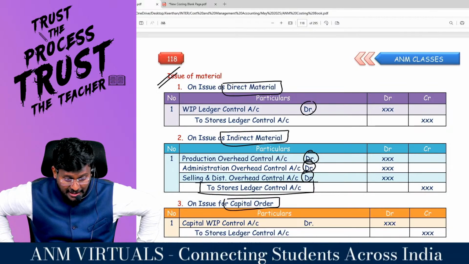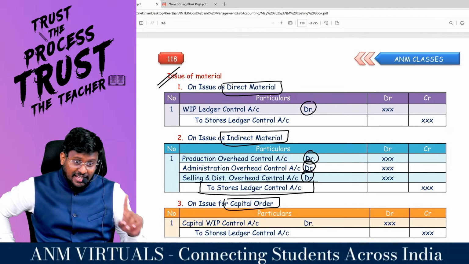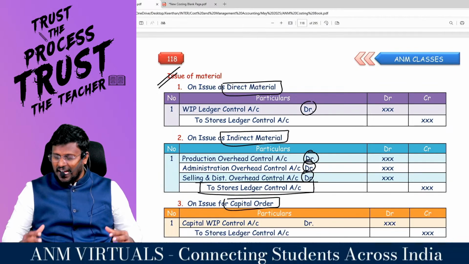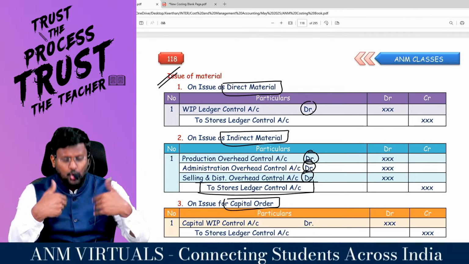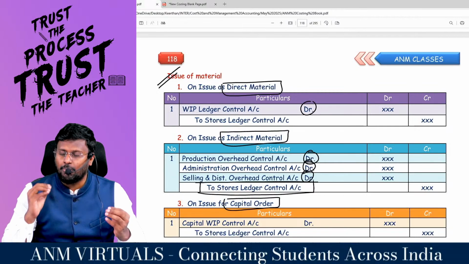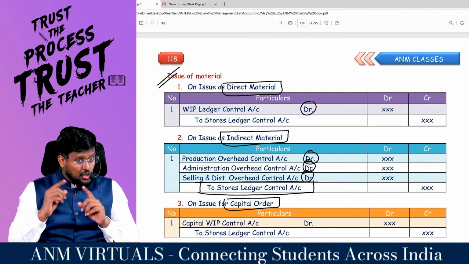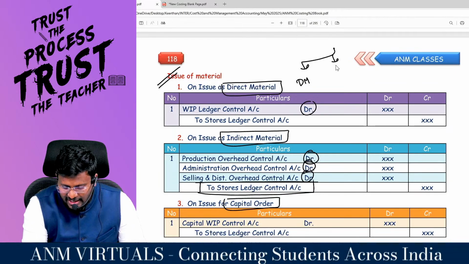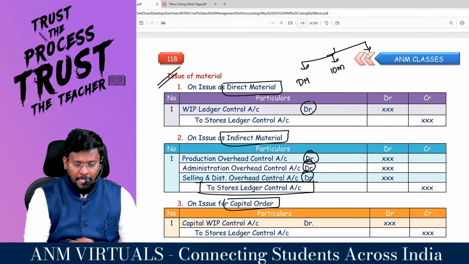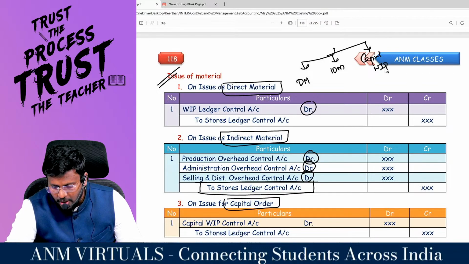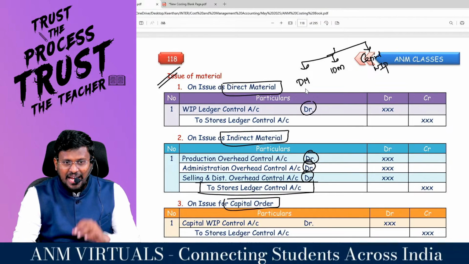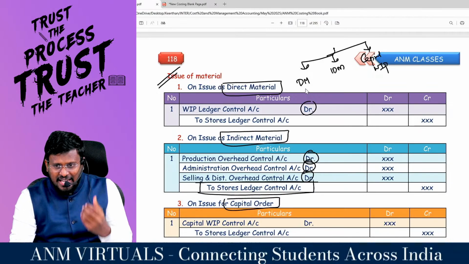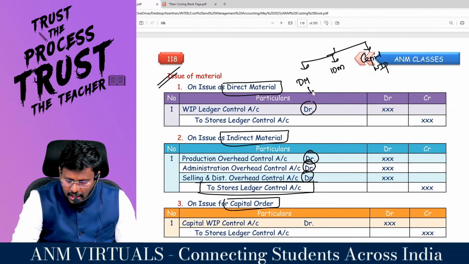இப்ப ஸ்டோர்ஸை பிக்சரைஸ் பண்ணு. ஸ்டோர்ஸுக்குள்ள மெட்டீரியல் இருக்கு. எல்லா மெட்டீரியலும் ஸ்டோர்ஸ் தான் வரும். நான் இஷ்யூ பண்றதுக்காக வாங்கினேன். நான் இஷ்யூ பண்ணாதான் கன்சம்ஷன் பண்ண முடியும். அது இஷ்யூ பண்ணும்போது ஐதர் டைரக்ட் மெட்டீரியலா இஷ்யூ பண்ணுவேன், இல்ல இன்டைரக்ட் மெட்டீரியலா இஷ்யூ பண்ணுவேன், இல்ல கேபிட்டல் WIP-யா இஷ்யூ பண்ணுவேன். இன்கேஸ் டைரக்ட் மெட்டீரியலா இஷ்யூ பண்றதா இருந்தா, அது WIP